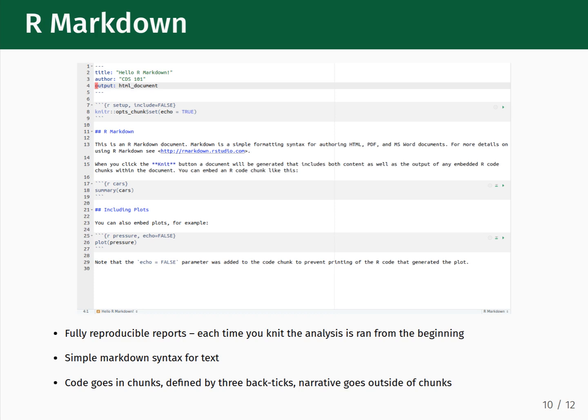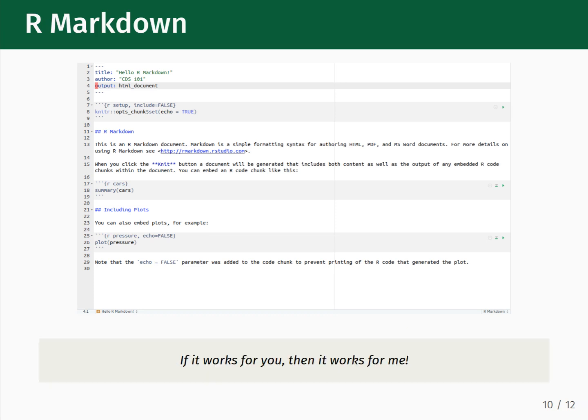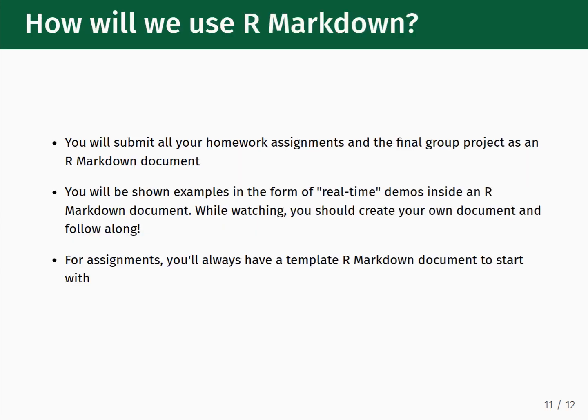The benefit of this is if the document works for you and knits without error, then it should also work for me in the same way. By design, it requires you to write code blocks that can all run without error, which enforces code reproducibility. To wrap up, how exactly will we be using R Markdown files during the course? All your homework assignments, as well as the final group project, will be submitted for grading as an R Markdown